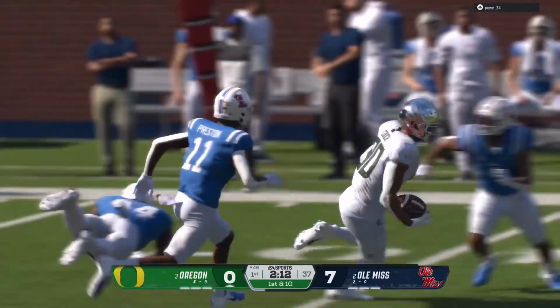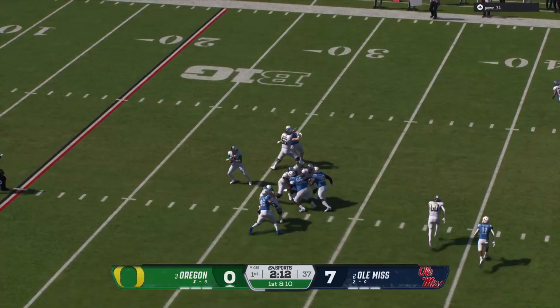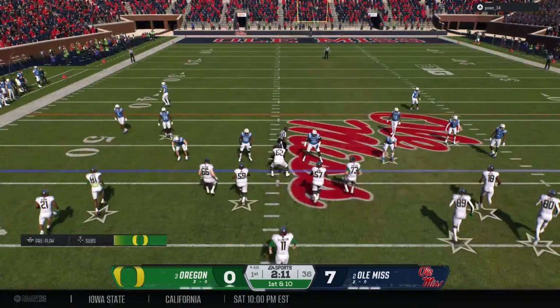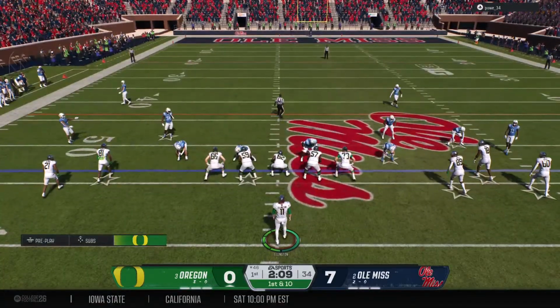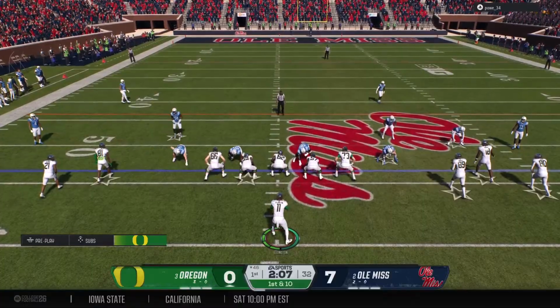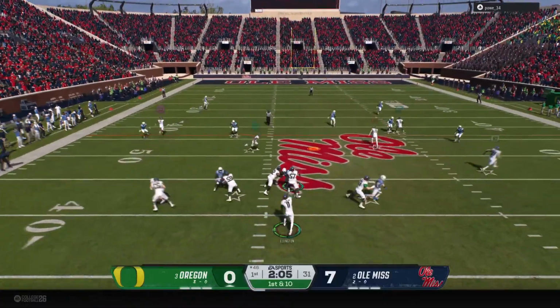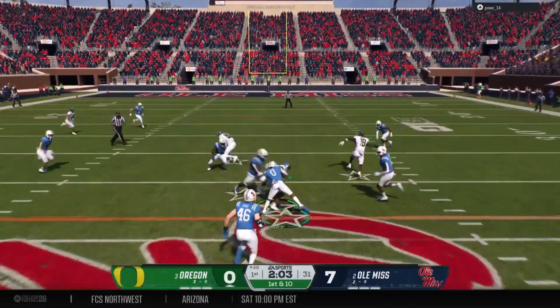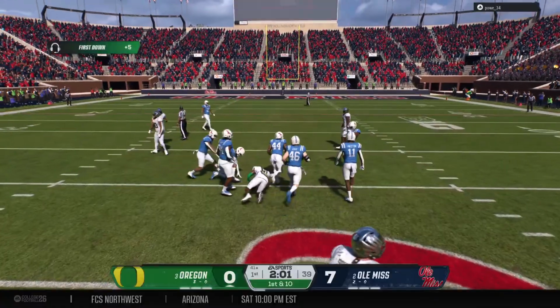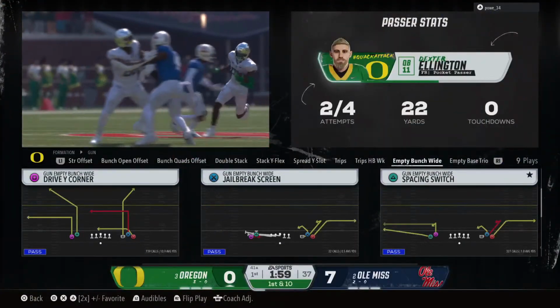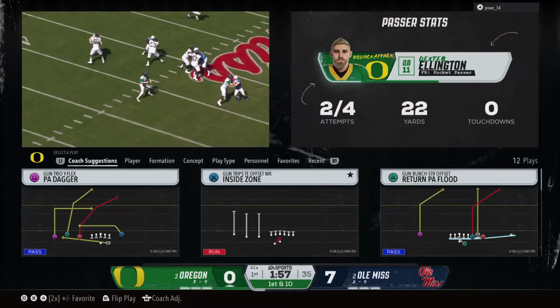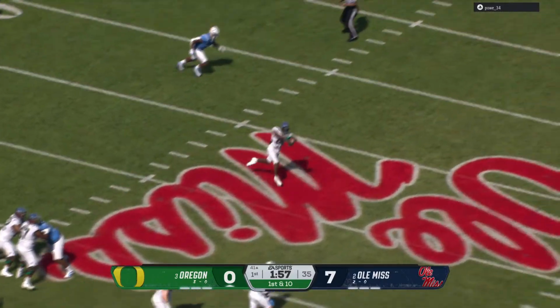Empty bunch wide. It's good timing there. Receiver makes the catch and then has some room to run. Yeah, anytime you're going to run a route like this, you know who needs to get a lot of credit? It's the offensive line. Because this play takes some time for the receiver to work his way across the field on that drag route. And the quarterback had enough time to navigate the coverage and make the accurate throw. Chris, this guy has a big-time arm.